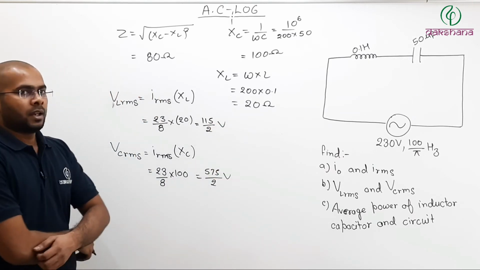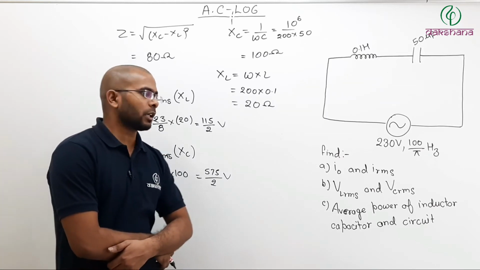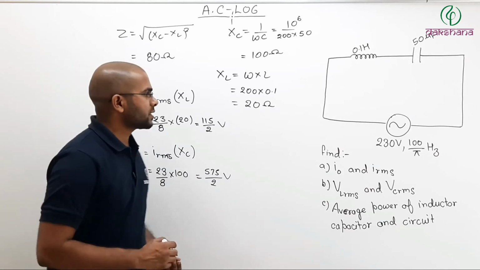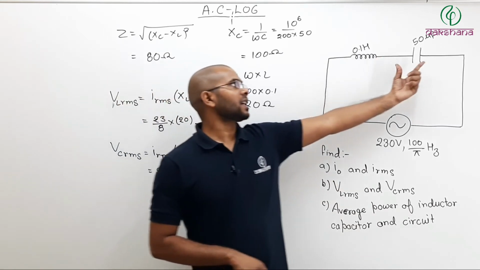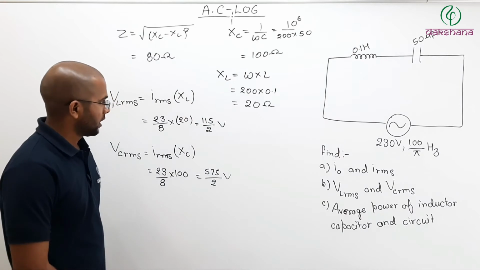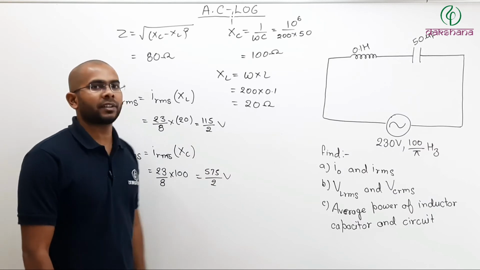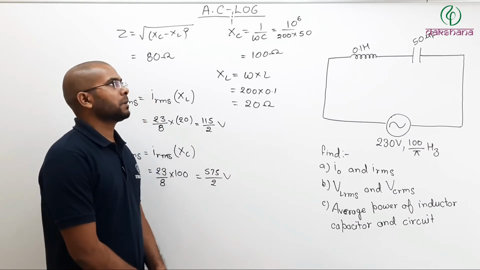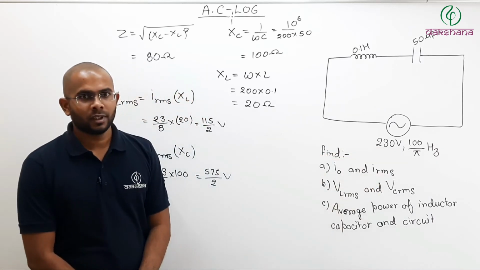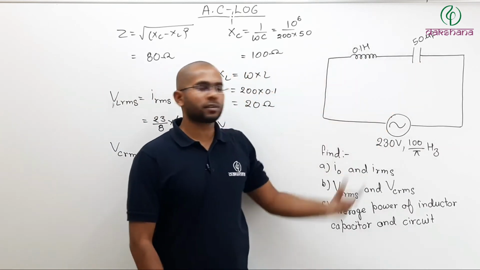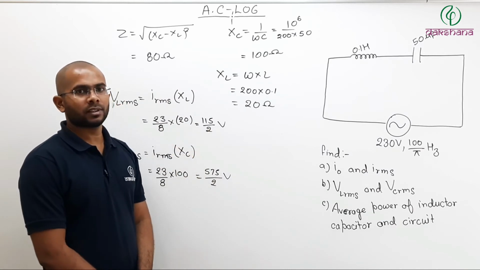That is your VC. Now if you remember from the previous lecture, in case of L, C or R or any combination of these circuits, we cannot simply add the voltages. We cannot simply add VRMS across this and VRMS across this. If you add these two, you get 690 divided by 2, which is 345. That is obviously greater than your source voltage. The voltage across these two should be equal to your source voltage, but when simply adding them you get more than the source voltage. So what will you do?